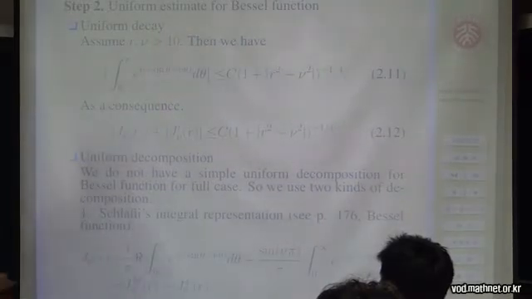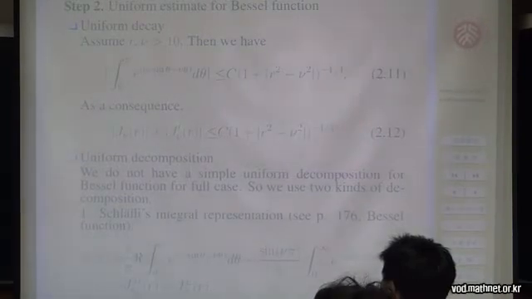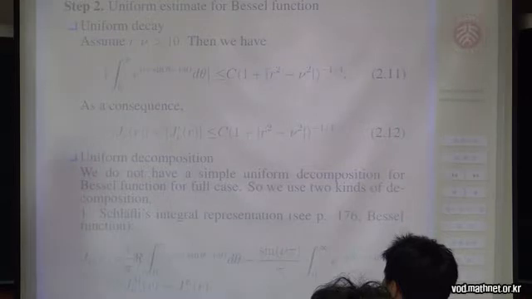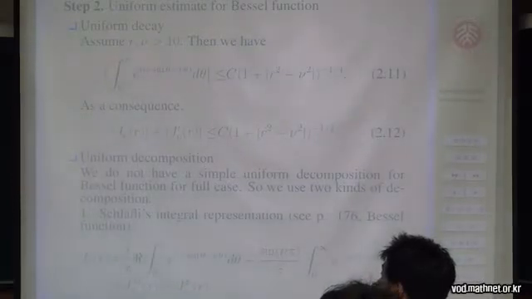So here we try to do the same thing. Here we need a main term and an error term, but in a uniform way. We should really check the dependence on the nu. You write it in the main term and the error term. There are two, so we need two ways. Actually, if you look up some reference for Bessel function,